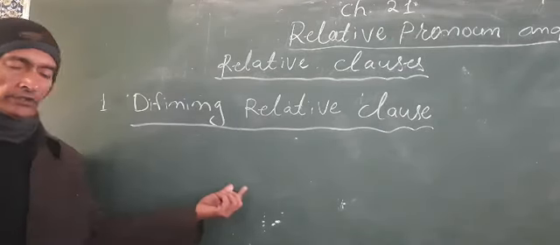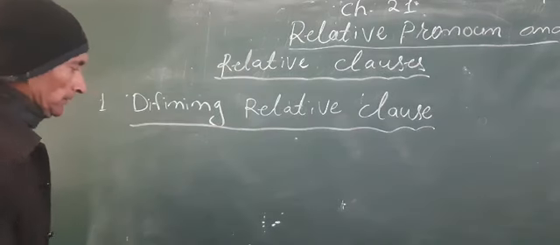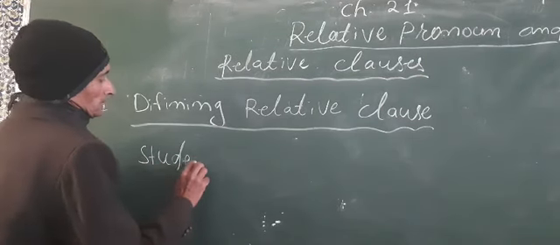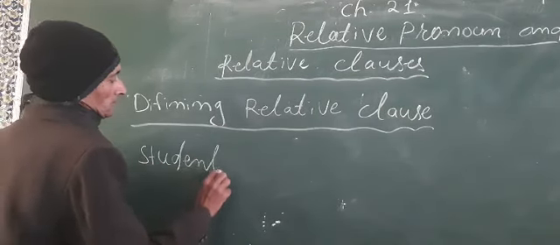Okay, so without a defining relative clause, the sentence will be incomplete. Okay. For example, students, who are regular to school keep up with their studies. Students,